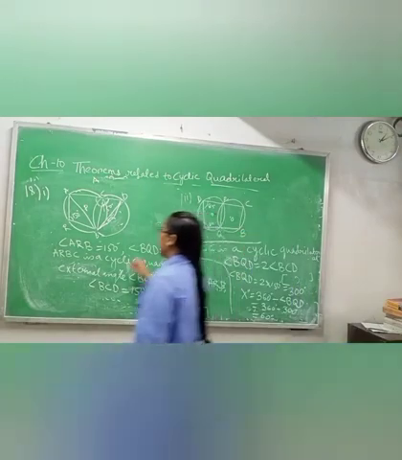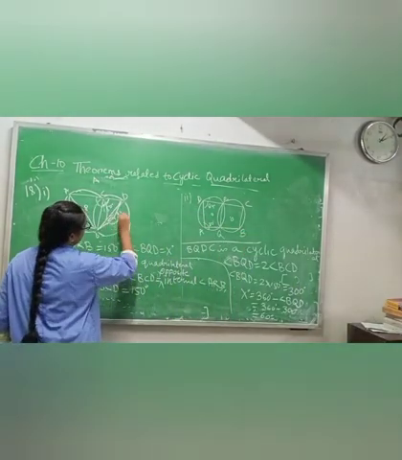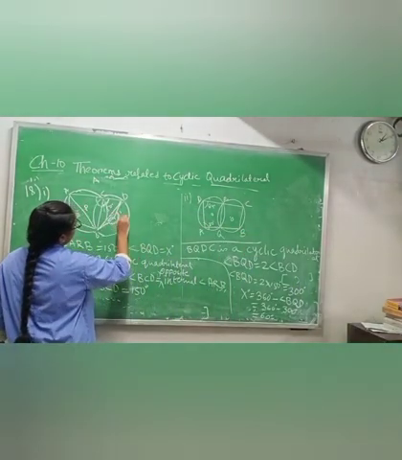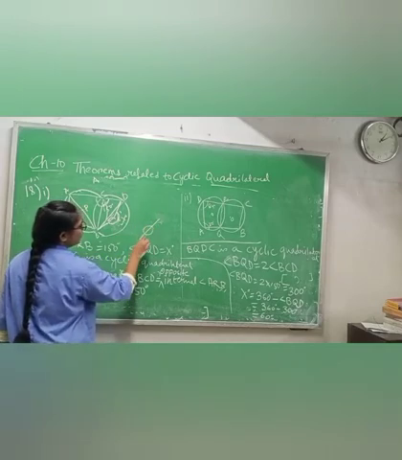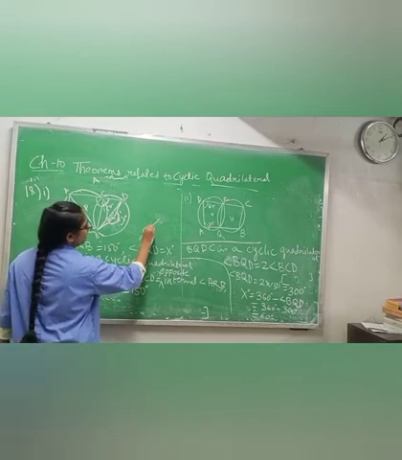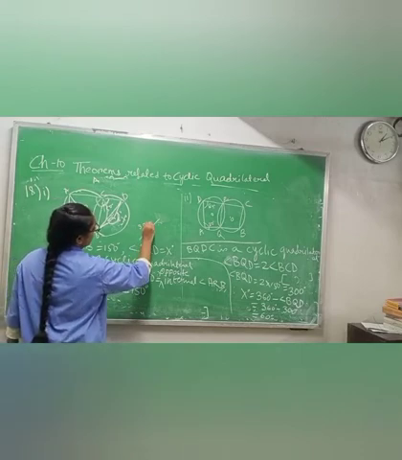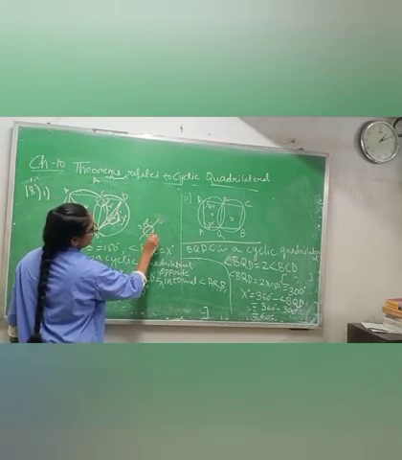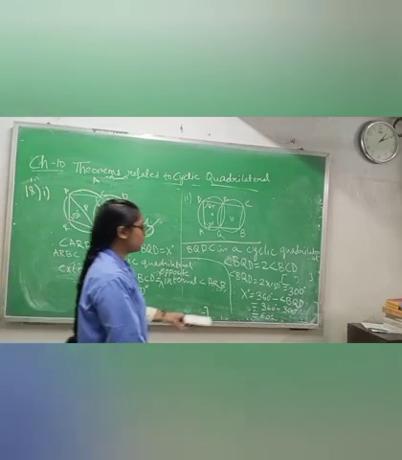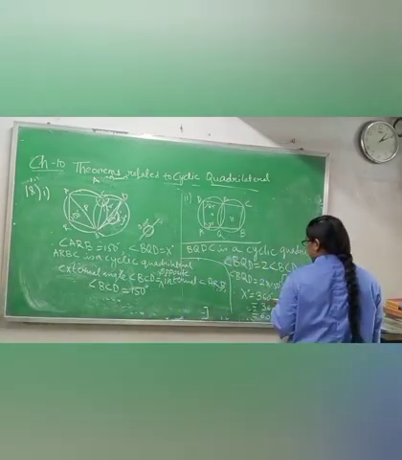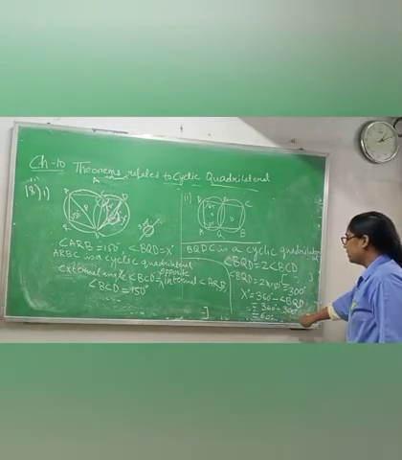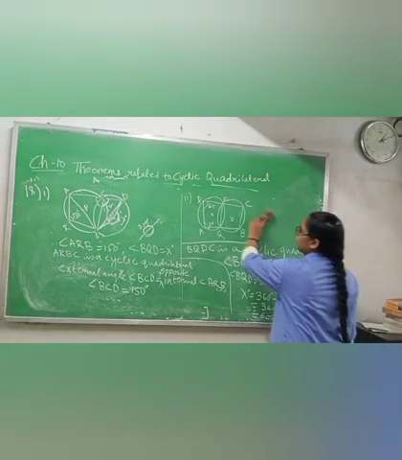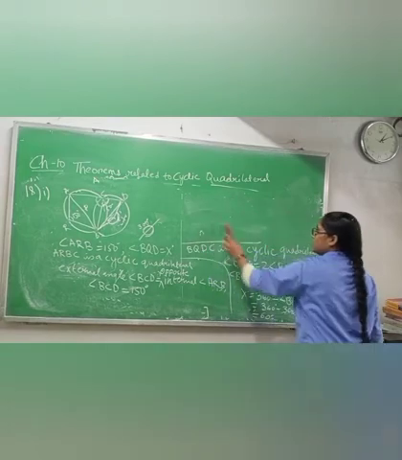But they are asking the value of this x, this one. And you know that the full circle will be 360 degree. This one you got 300. So what will be this one? 360 degree minus 300. That is why I am writing x degree equals 360 degree minus BQD. So 360 degree minus 300 will give you 60. Okay, copy this one.